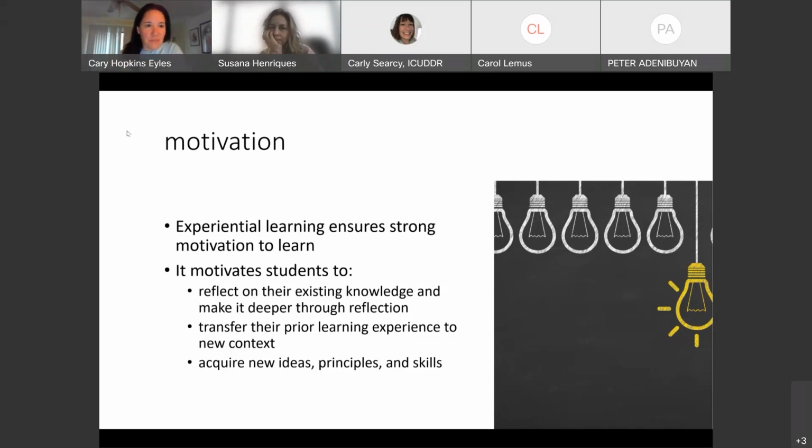So from the past, what they have learned before, they can relate it to the new idea, and from there they are also learning one or two things. I think that's what you talk about in the slide, the last one, acquire new idea, principle, and skills. So skill has to do with more or less like psychomotor, able to change, transform things, and make it better. And so I agree with you on this, your slide.